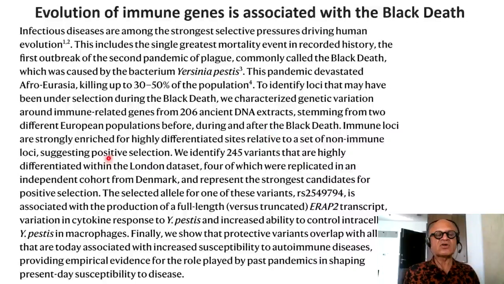Immune loci are strongly enriched for highly differentiated sites relative to a set of non-immune loci, suggesting positive selection. We identify 245 variants that are highly differentiated within the London dataset, 4 of which were replicated in an independent cohort from Denmark and represent the strongest candidates for positive selection. The selected allele for one of these variants,